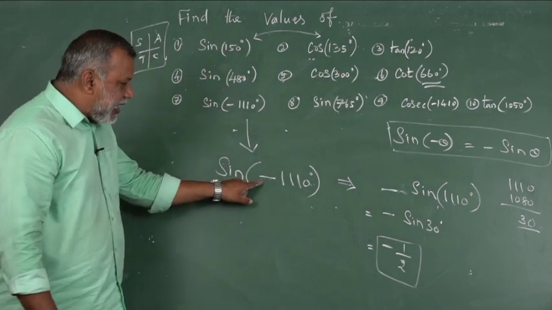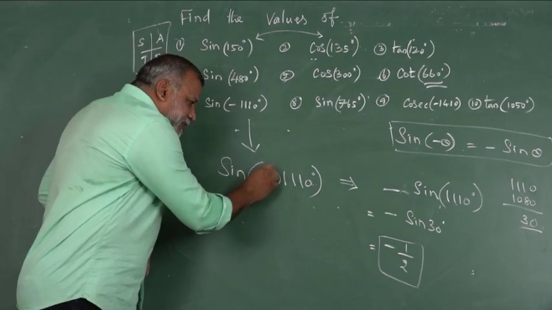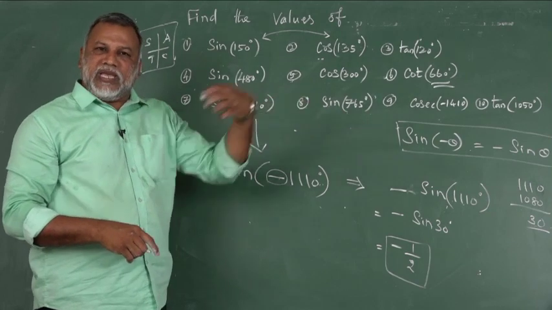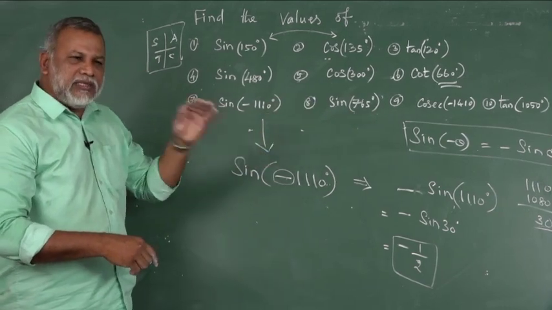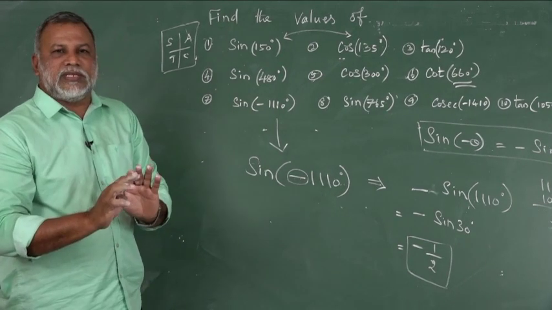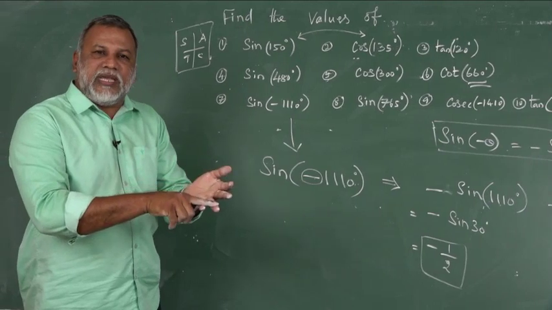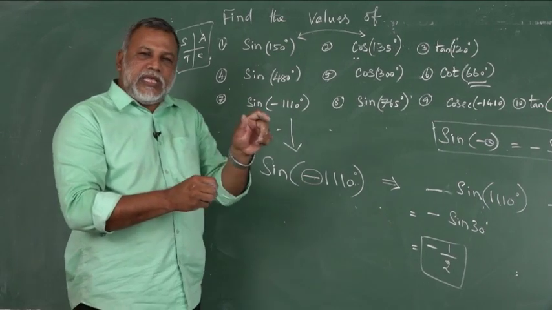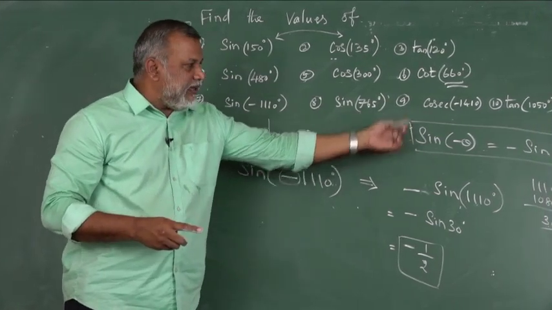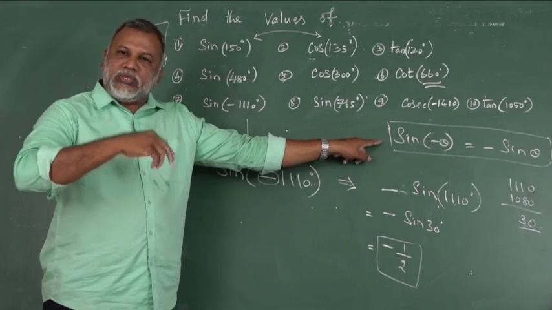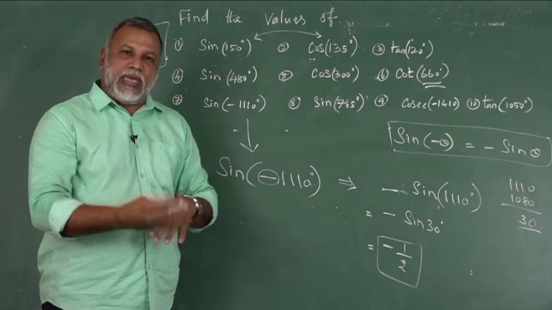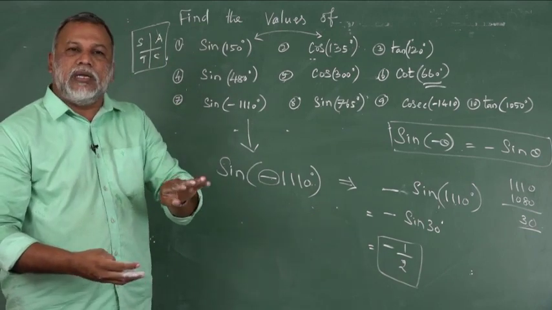Here, listen carefully. When this type of angle comes, you have to think about the basic result, that is the ratios of minus theta. Ratios of minus theta means keep in your memory only 2 concepts, odd function and even function. Cos and its reciprocal, secant, absorb the negative. Therefore, these 2 functions are called even functions. The remaining 4: sine emits the negative, in the same way cosecant emits the negative, then tan emits the negative, then cot also emits the negative. These 4 functions are called odd functions.